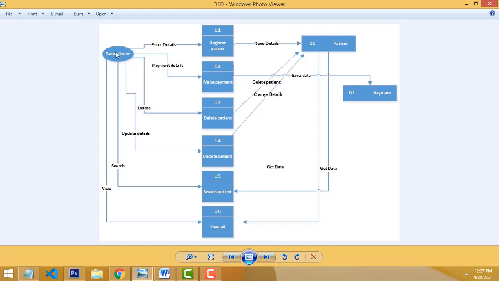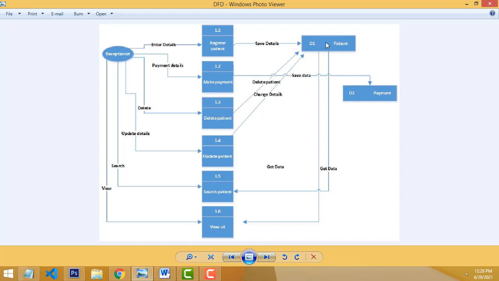After that, the patient comes to the hospital after booking and tells the receptionist their name. The receptionist is able to search the appointment by the name. So search patient goes to the database, gets all the relevant patient details, and searches and gets the information. Okay, that's how it will work. Finally, the receptionist will be able to view all the patient details. View all means it also gets all the details from the patient table.